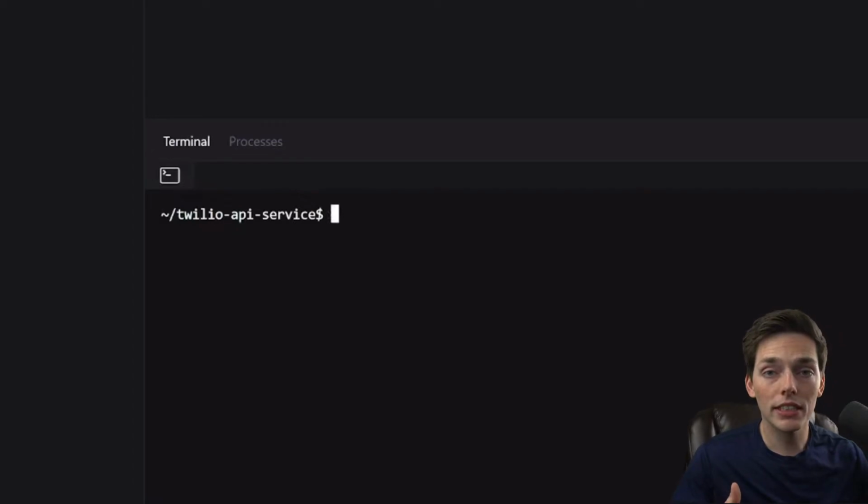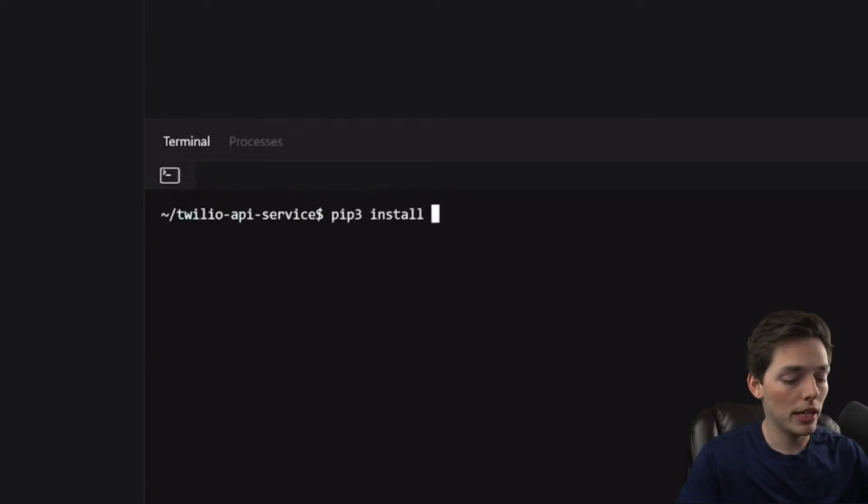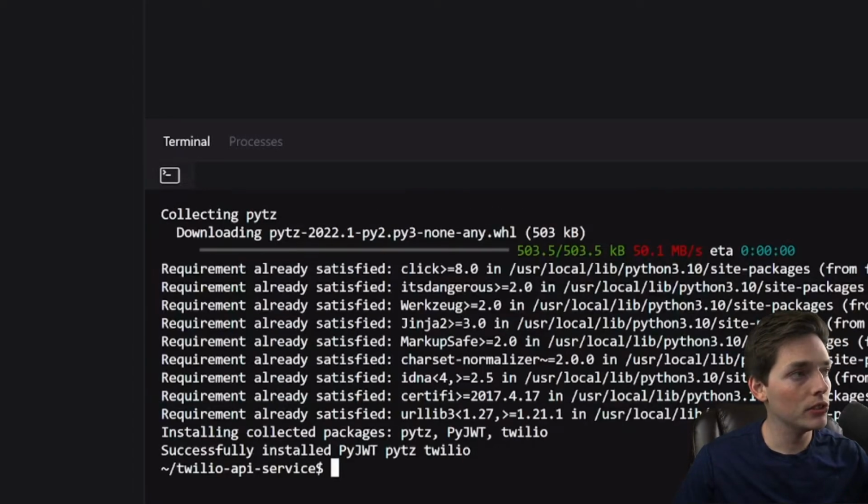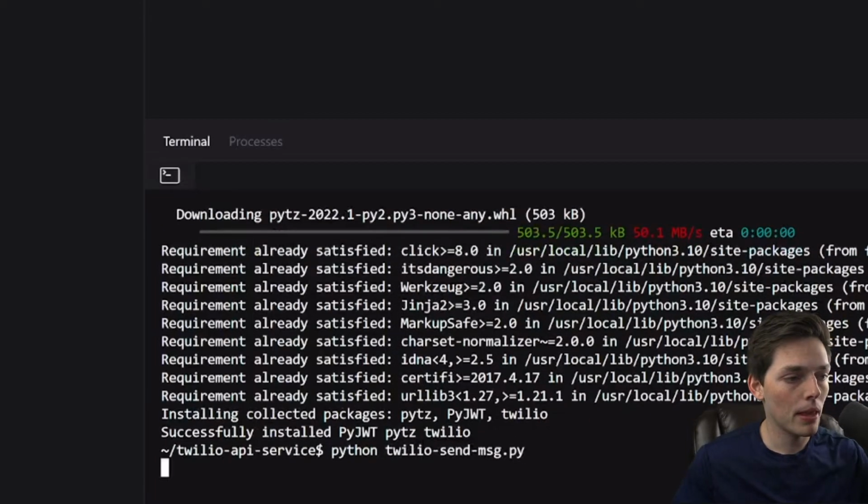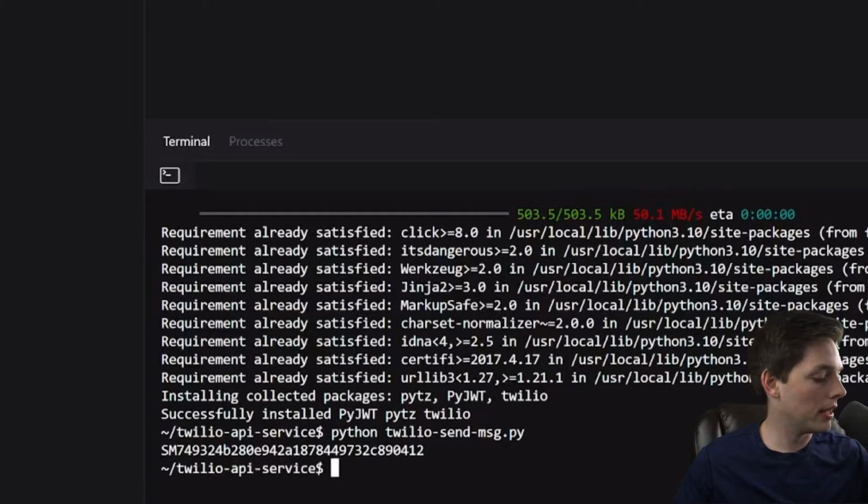Now that we have all of this set up, we can execute our Python script using the built-in terminal. The first thing that we will need to do is to install, so we'll use pip to do that, our requirements file. And after a few seconds, you see that it has loaded our requirements. And now we can just execute our Python script by saying Python and then the name of the script. So Twilio send message.py. And you see that we get the return of the message.sid,